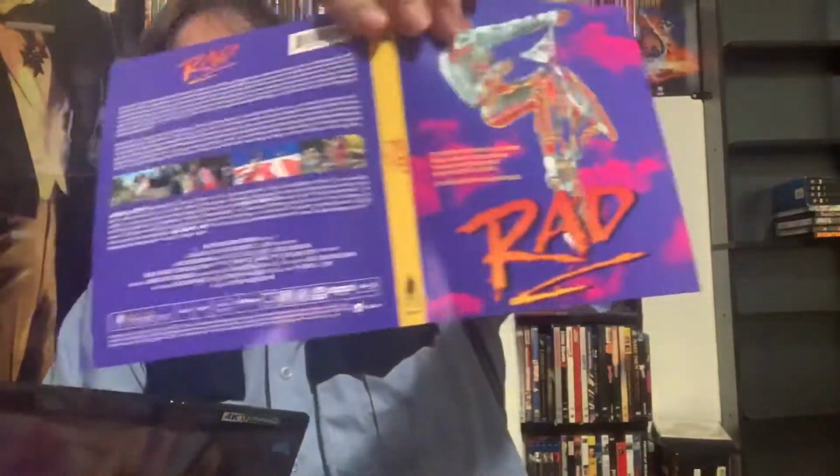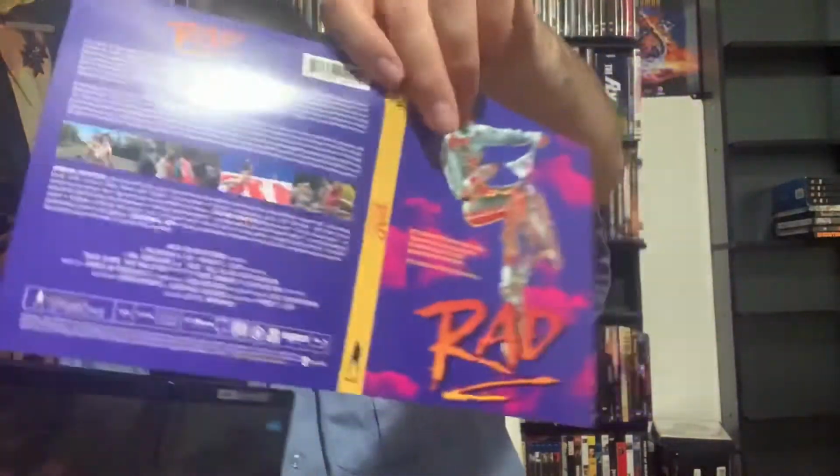But as I was saying, with Vinegar Syndrome releases, you always have the option to flip the case art to something different. And this something different, I think, is way more badass than what they originally have in there. So that's how I've been displaying it. I switched it back for review purposes to show you guys what it comes like. But this, to me, is the preferred way of displaying this in here. Because obviously,